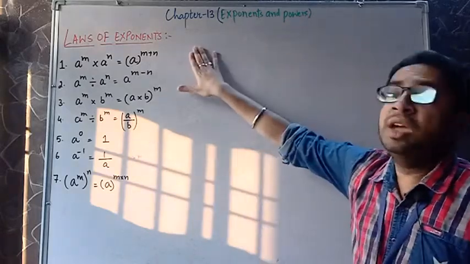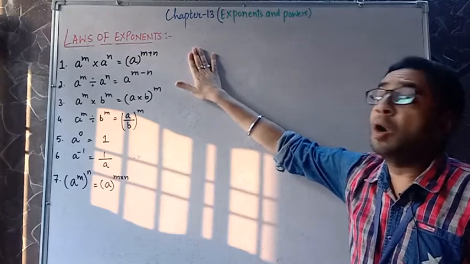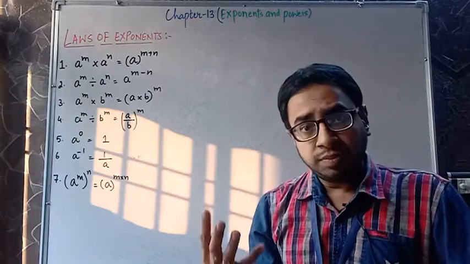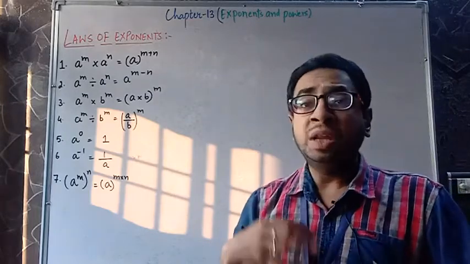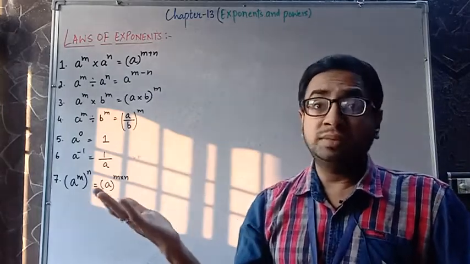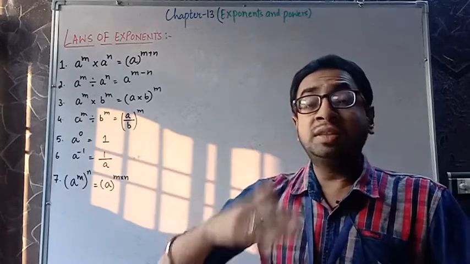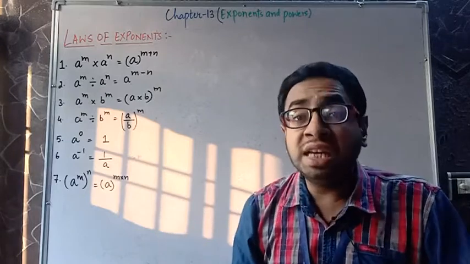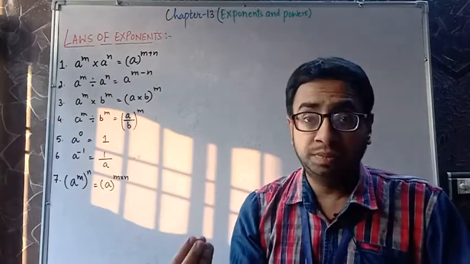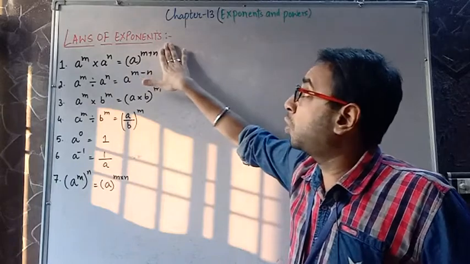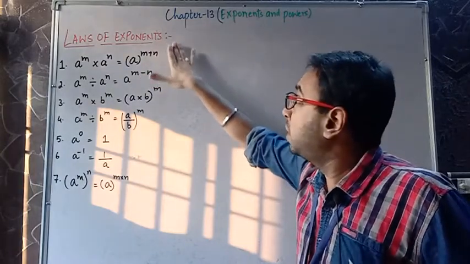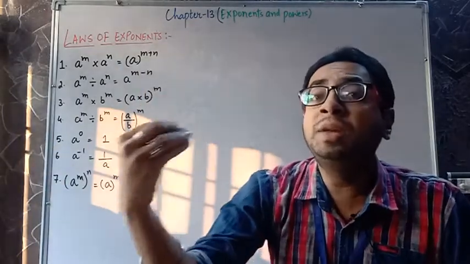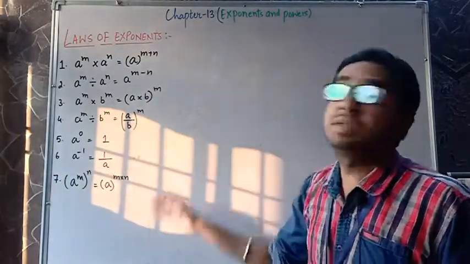Today we will be doing a very important topic, that is laws of exponents. What do you mean by laws? Laws are basically rules, obligations that we have to follow. For example, laws of motion. Basically, this happens, then this happens. That's why the laws are made, because they are facts which are true, right? Similarly, we have laws of exponents to show that if anything happens in exponents and powers, there is a basic rule behind it. Let's understand these laws.